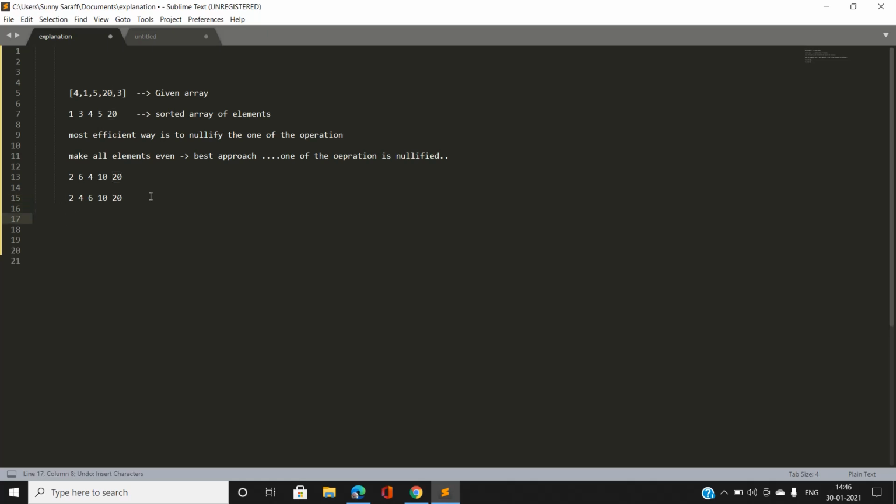Insert all elements into a multi-set. We are going to insert all the elements into a multi-set which will store the sorted order of all the elements, that is 2, 4, 6, 10, 20. And what I am going to do is, step